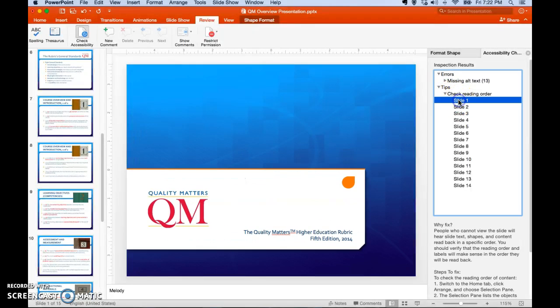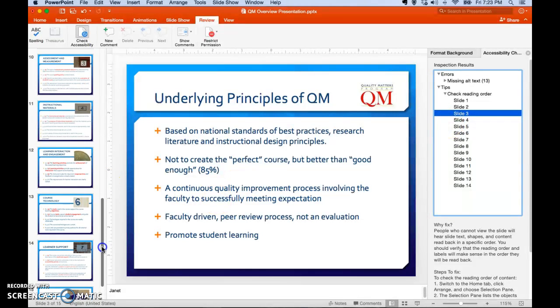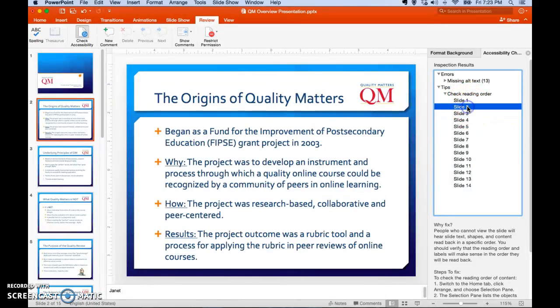that the reading order may be off on all of these slides, and this is only a 15 slide deck, so 14 of the 15 slides. It's telling us to check the reading order. And that happens especially when you don't use a built-in design inside of your slides. So let me show you the best way to resolve that so that the error or the tip actually clears